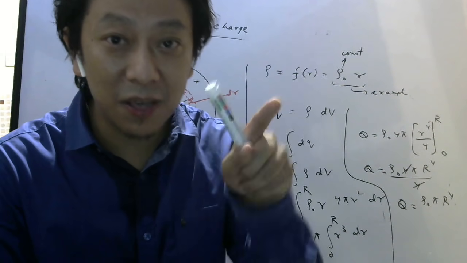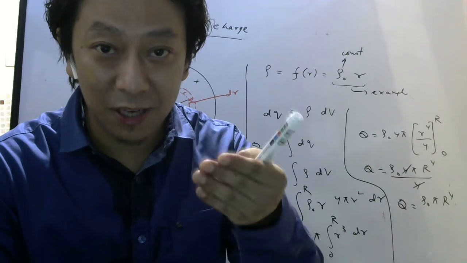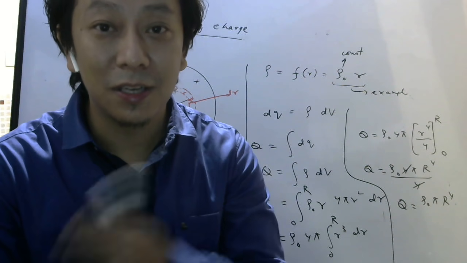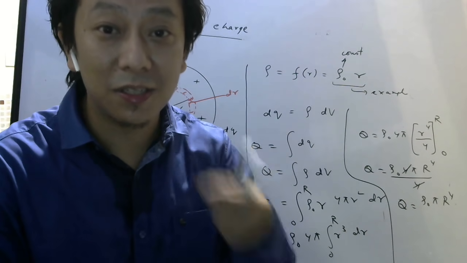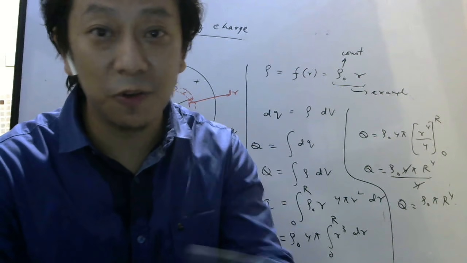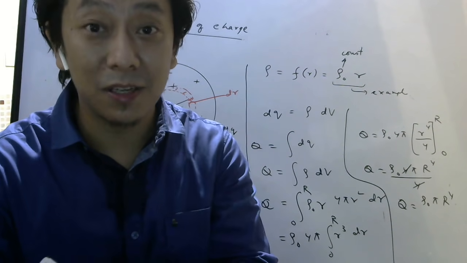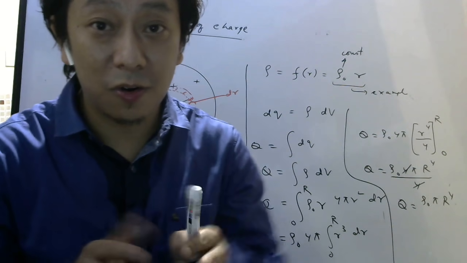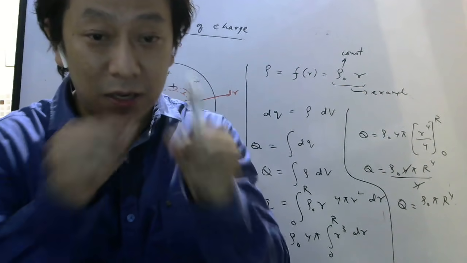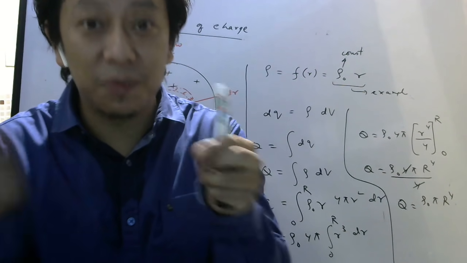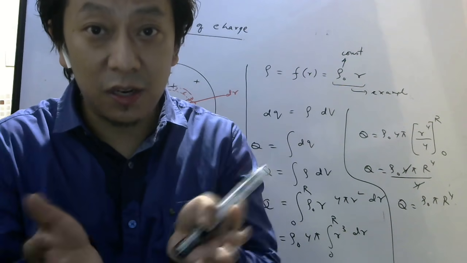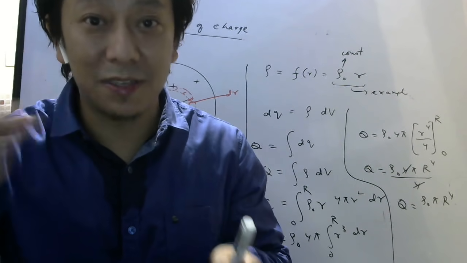If your sigma is constant, what is sigma? Charge per unit area. Then multiply with total area, you will get total charge. Similarly, if your rho, which is what? Charge per unit volume, if that is constant, multiply with volume, you will get total charge. Otherwise, you have to divide that whole sphere or whole disk or whole line charge into pieces. In case of line charge, you can take a dx piece. For a disk, you take rings. And for a sphere, you take shells as pieces.